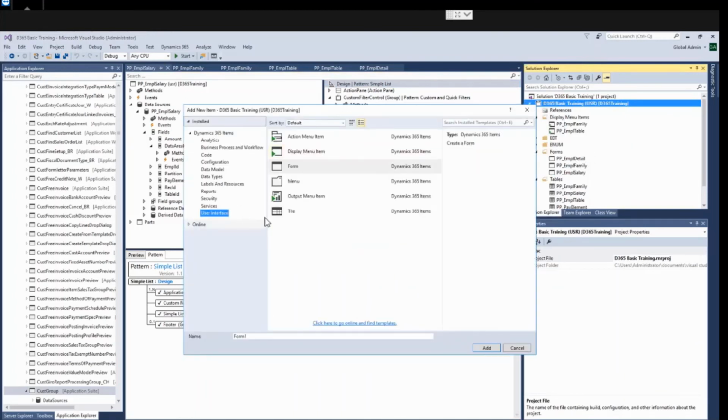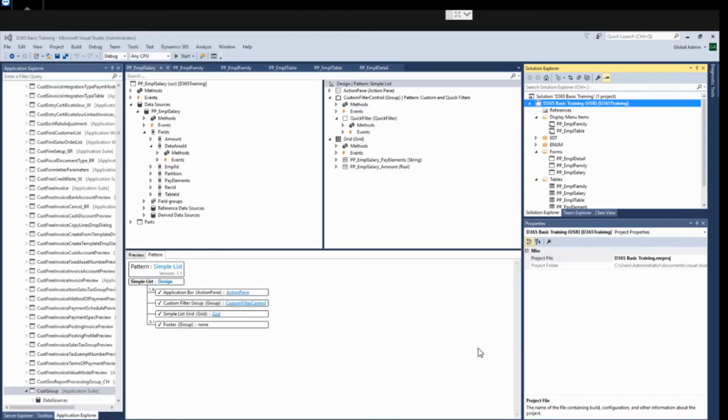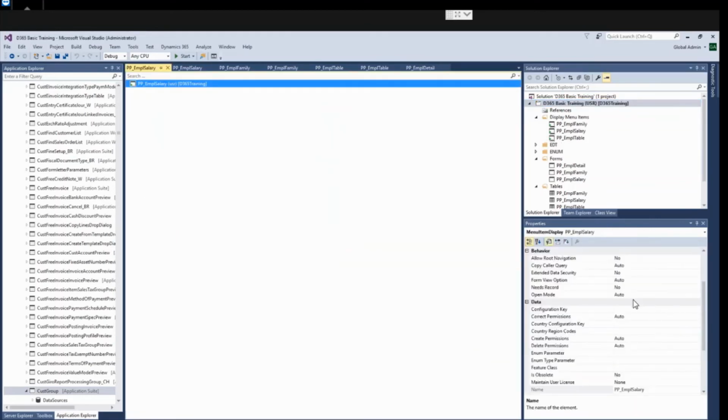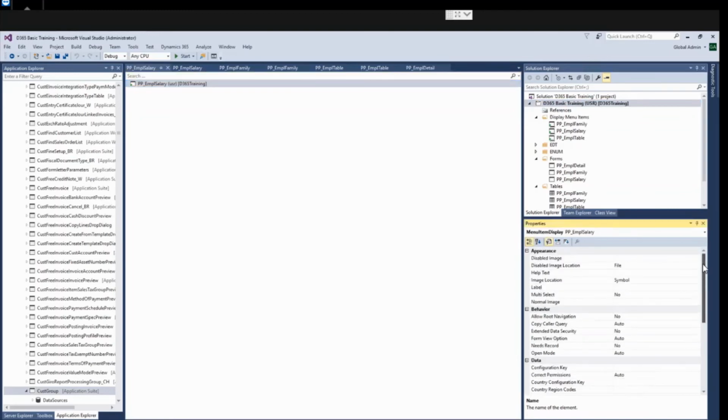New display menu item, pp score empl salary. Salary details.